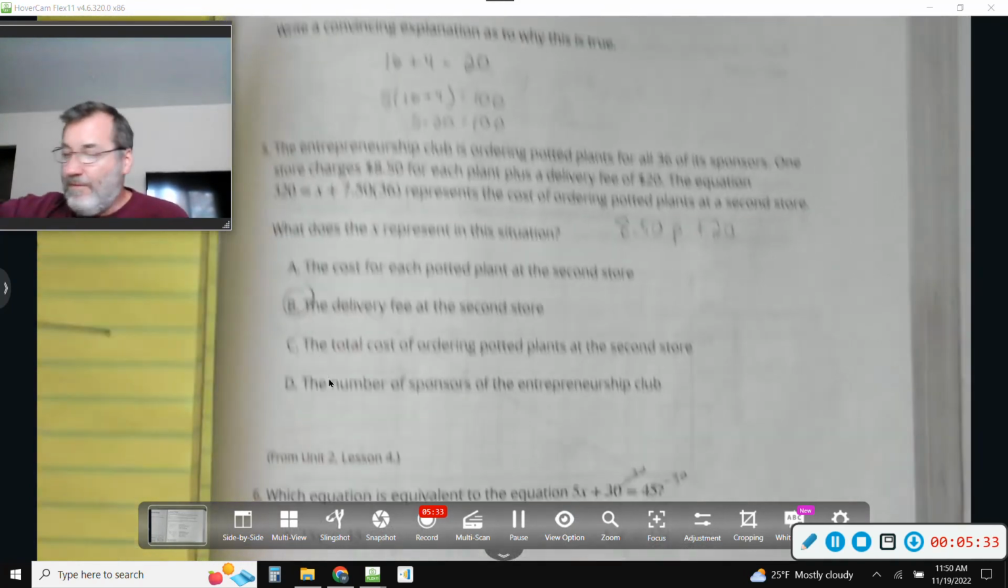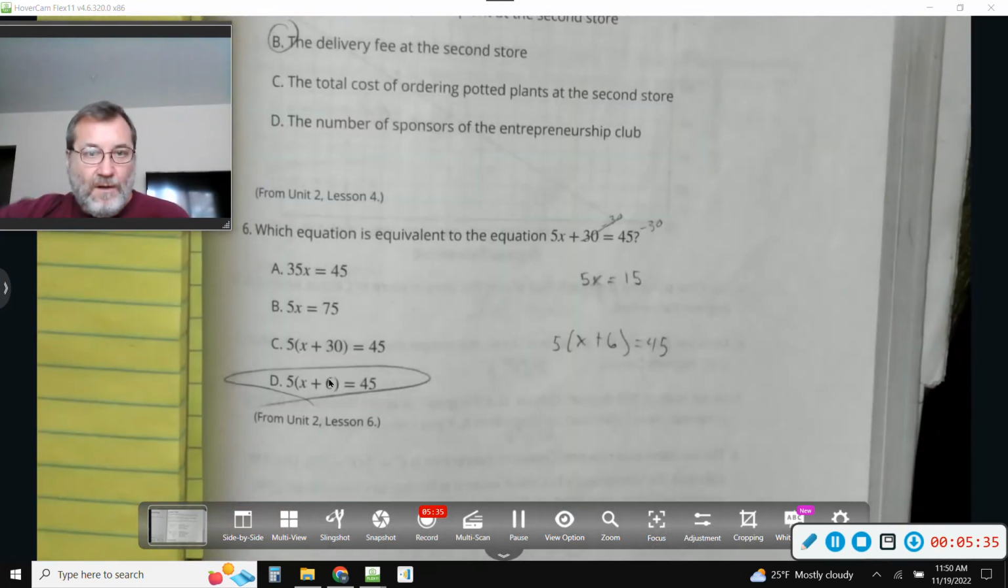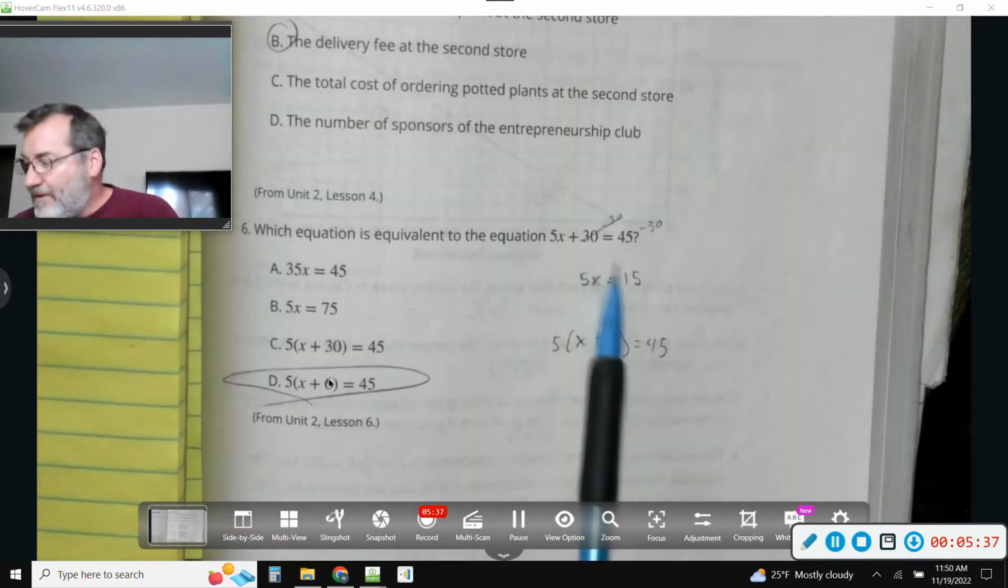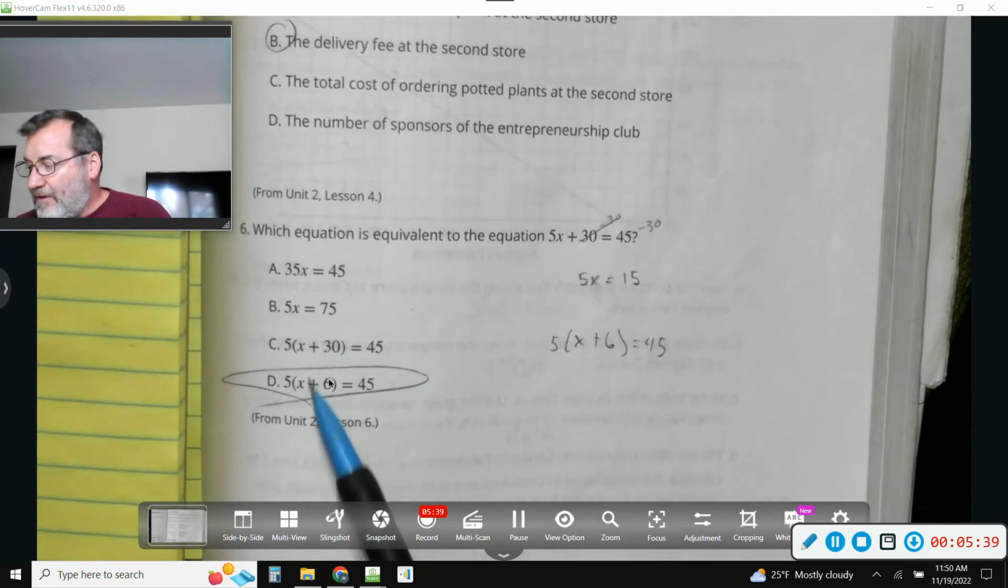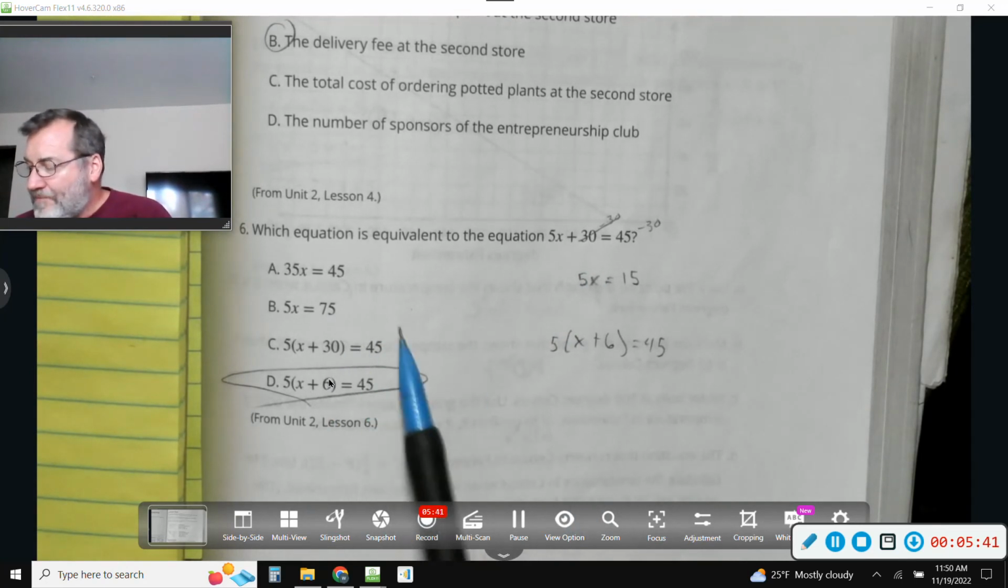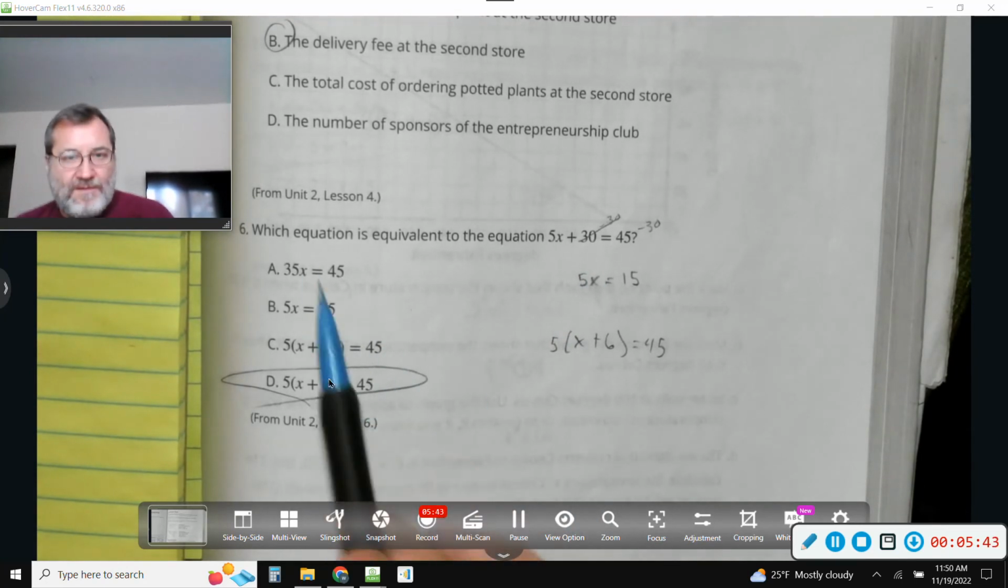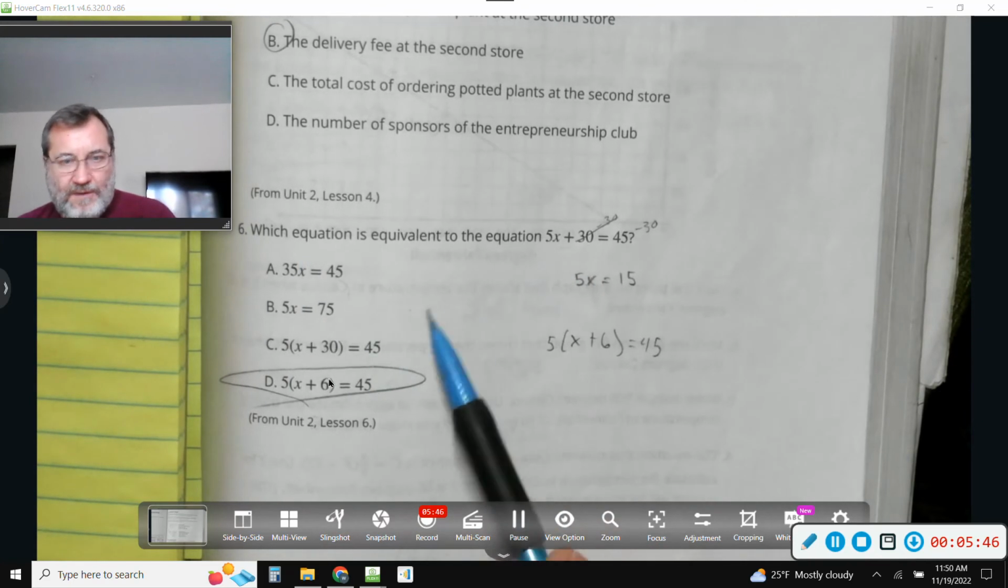And moving on. Number 6. Which equation is equivalent to this? Well, if you look at these, if one's correct, then the other ones have to be wrong. So if you look at this one and then you go over to this one,